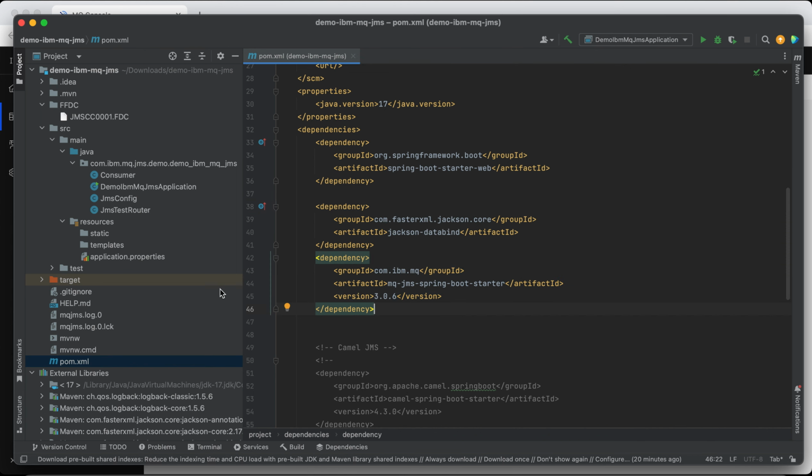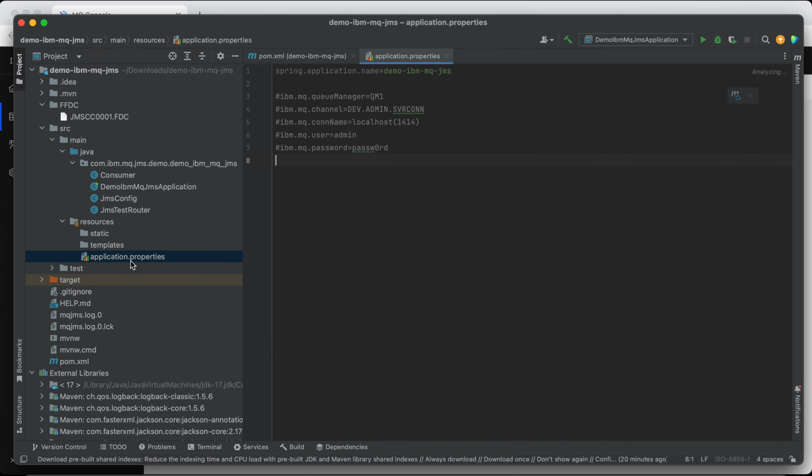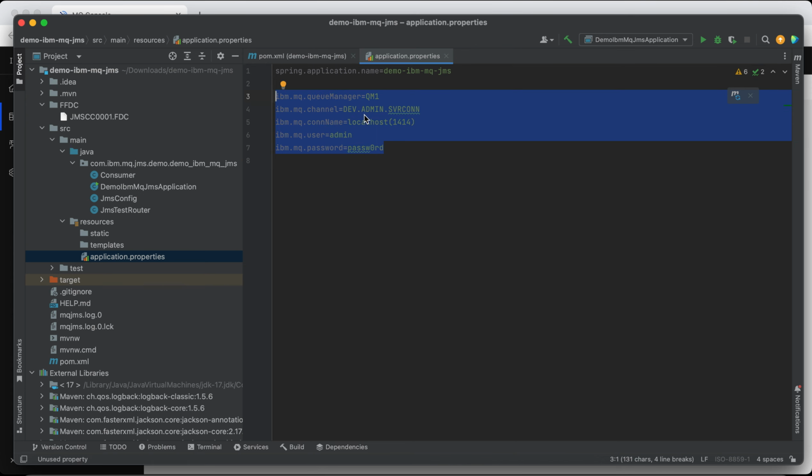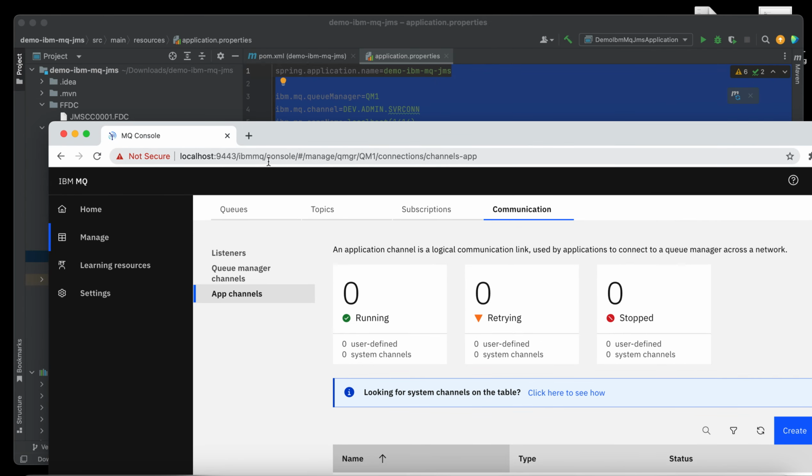Okay, then after adding the dependencies, we need to configure it in our application properties. So we need to specify the queue manager, channel, connection name, user, and password. So how do we know this stuff? We basically need to log into our IBM MQ.